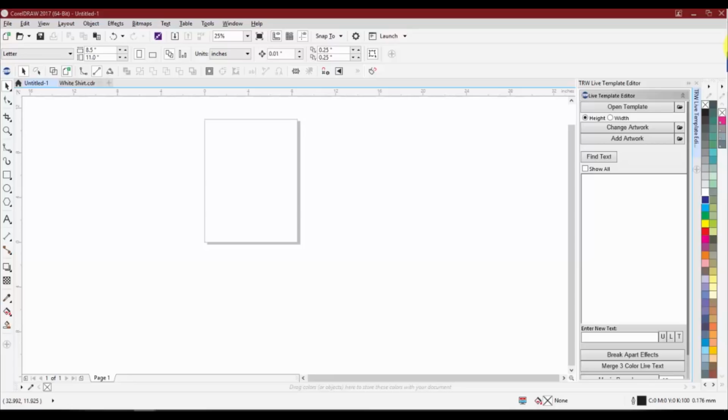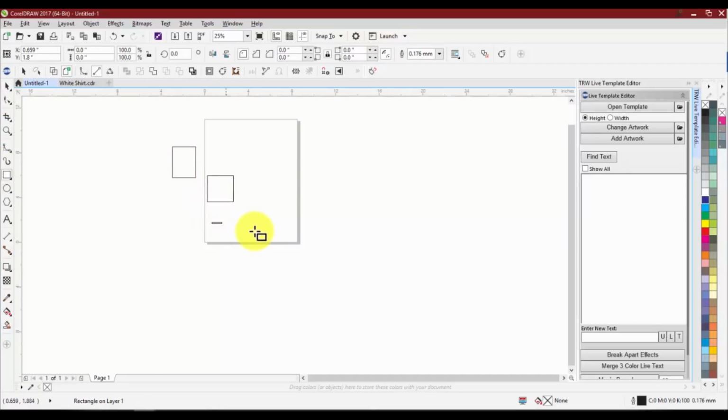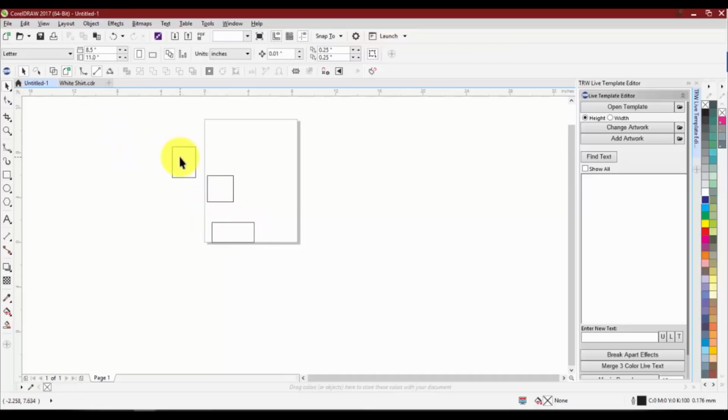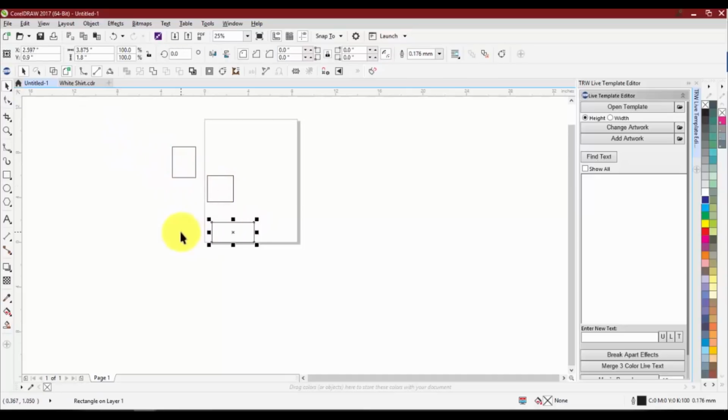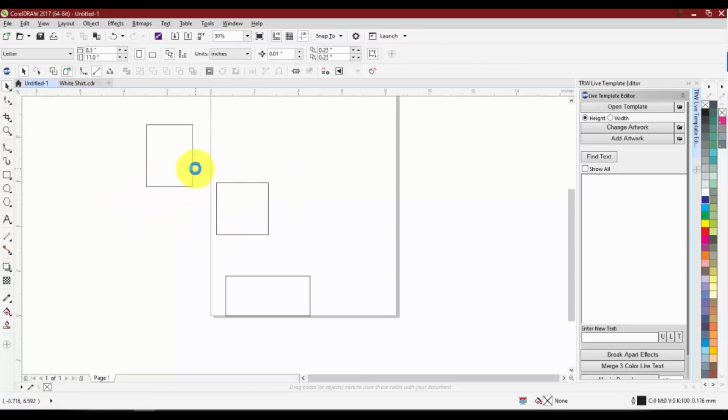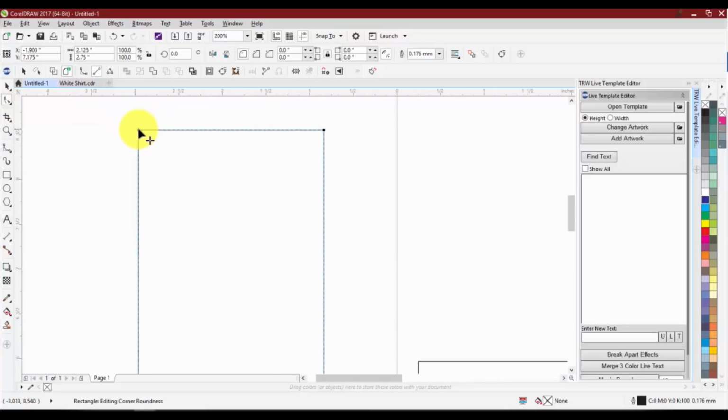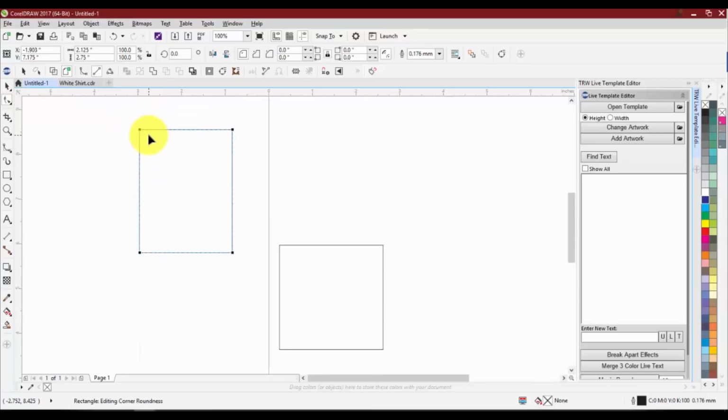All right, so the top tool is going to be our pick tool. That's just going to let us always select different objects. So if we have our different squares here, it will let me click on that object, or I can highlight the two if I want to select those. Pretty basic. The next one is going to be our shape tool. And this one comes in handy to allow us to add different shapes and effects to